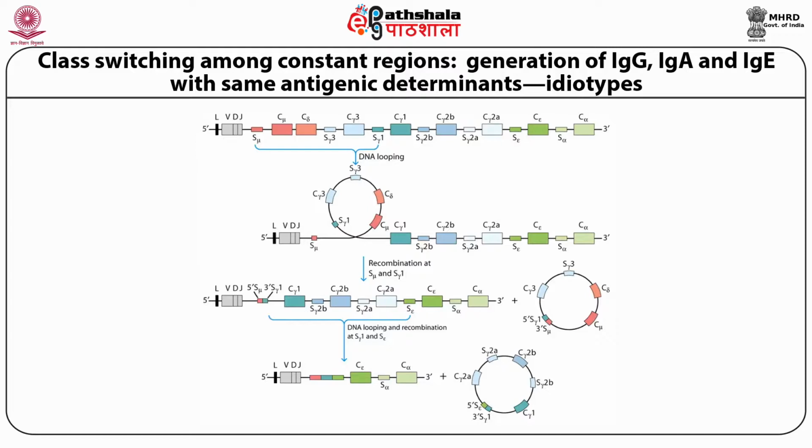So if the environment is rich in interferon, or IL4 etc., then that VDJ combination switches over to the IgA constant chain and finally produces the IgA molecules. Depending upon the cytokine milieu, if under the influence of gamma interferon you get the IgG antibody, or if it is IL4 rich in the environment, you will get the IgE type of antibody or the IgG4 type of antibody. This is how the switch mechanism takes place under the influence of various cytokines.